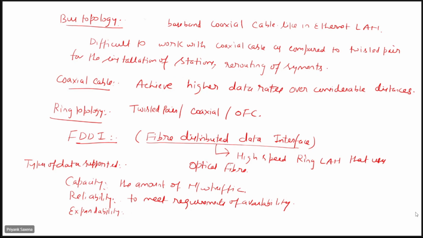So if we talk topology-wise, in the bus topology we can use baseband coaxial cable, which we use in the Ethernet LAN. The LAN connection that you use is basically a baseband coaxial cable,